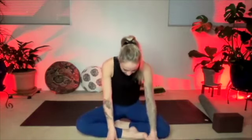Slowly walk the hands in towards the legs, roll the spine up. When you get to the top, the shoulders roll back and the head lifts. And go ahead and extend a leg out. So we've got one knee bent in, sole of the foot on the inner thigh, the other leg out, and